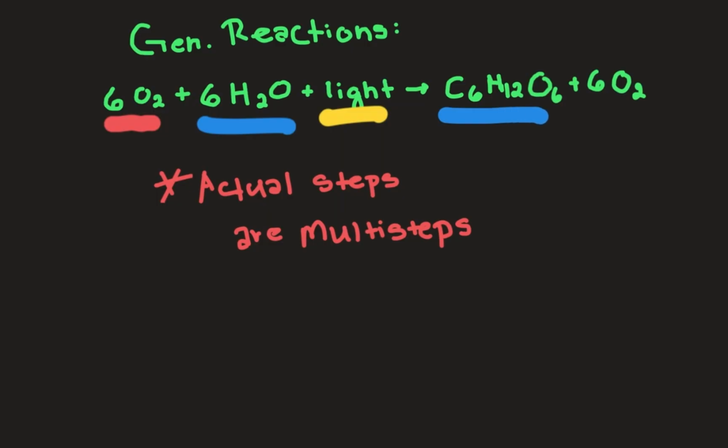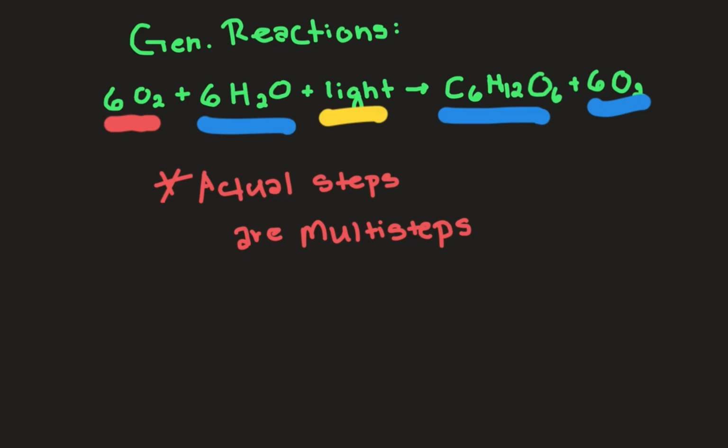This one right here is the formula for glucose, which is what we get from photosynthesis that the plant uses. And then this extra 6O2 is just waste, or will be used by the plant or other cells in other processes. This general reaction is just an overview, and I would recommend that you memorize it